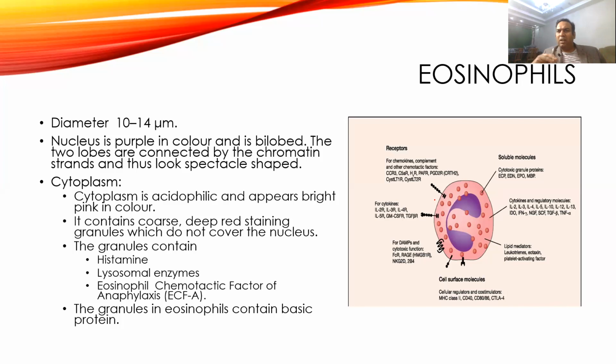In neutrophils, you will not be able to see the specific granules. You will just see the discoloration of the cytoplasm or turbid cytoplasm. But in eosinophil, you can see distinct granules, so you can see the size and shape of the granules, and these are very strong, basic in nature. That's why they take a strong acidic color, showing bright red to orange granules. These are usually spread throughout the cytoplasm, so the nucleus is not much covered, and you can easily identify the nucleus. These granules contain histamines, lysosomal enzymes, and also eosinophilic chemotactic factor.